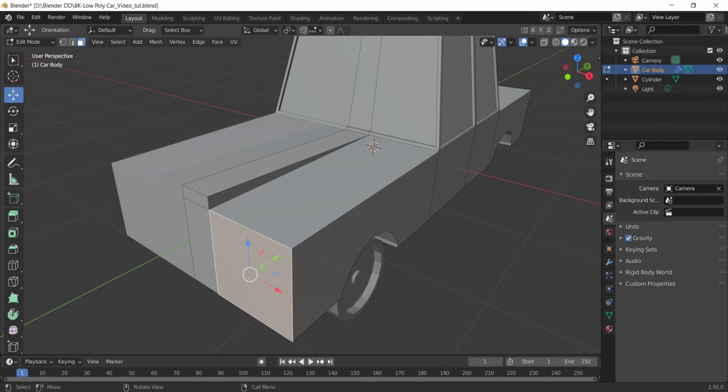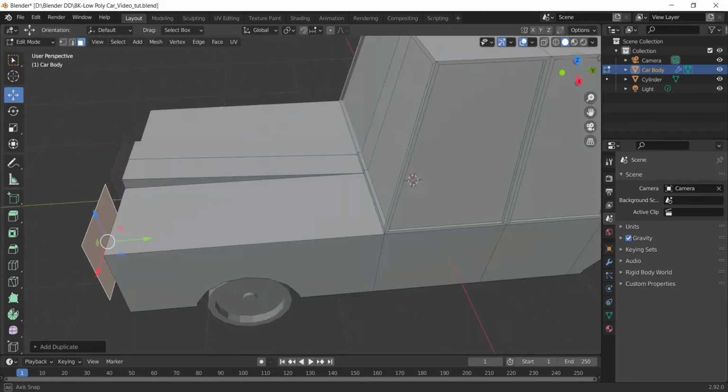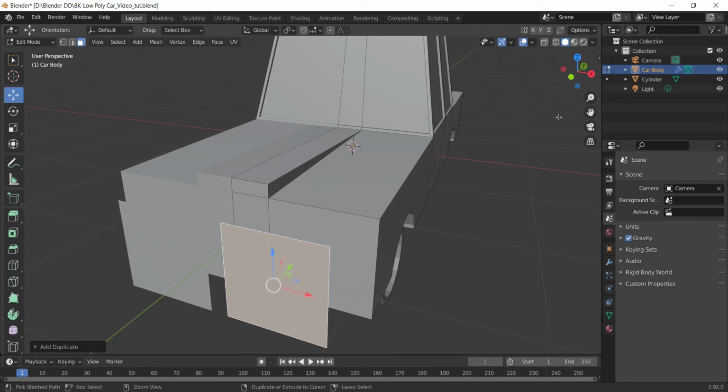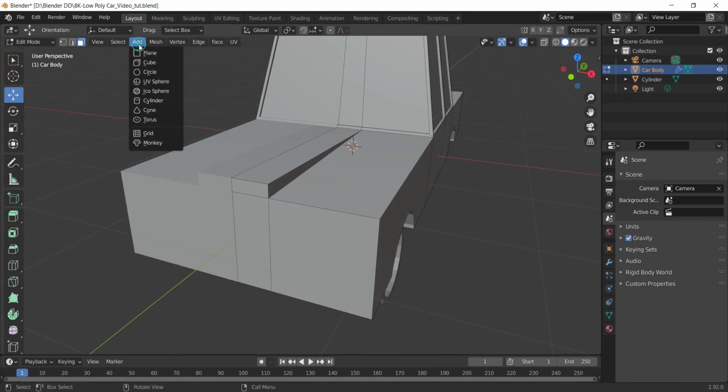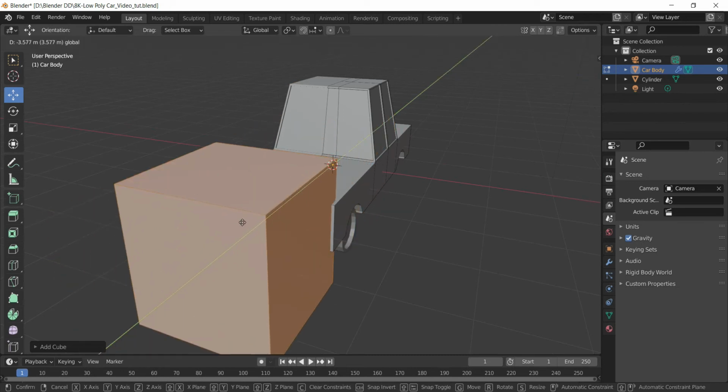And the reason for that is that if I am making a duplicate from this object, then you can see that it is also getting mirrored. Now that is the benefit over here. Otherwise, I can simply insert a cube or any object inside the edit mode, making it a single object, but that will not become a mirrored object.